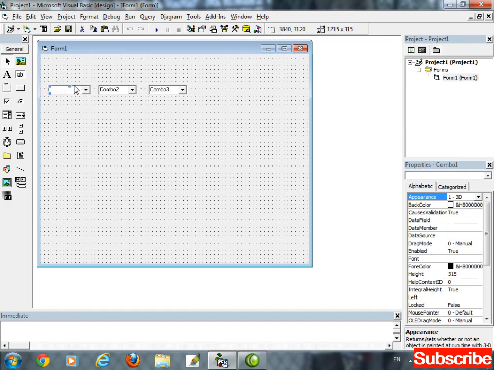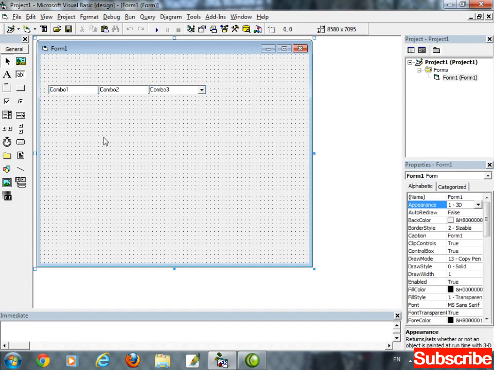Increase the size using shift arrow keys. Okay.